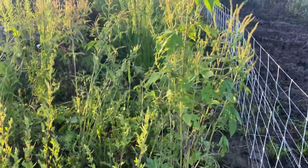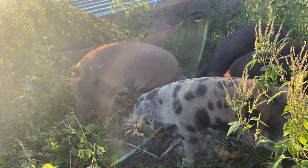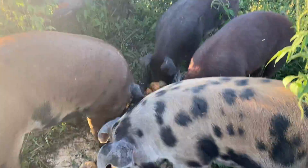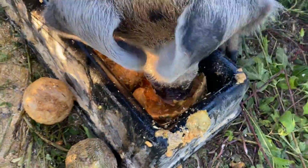Hello friends, if you're watching this, you're interested in some pig meat. I want to show you exactly what they get to eat. So here is some fruit that they get because